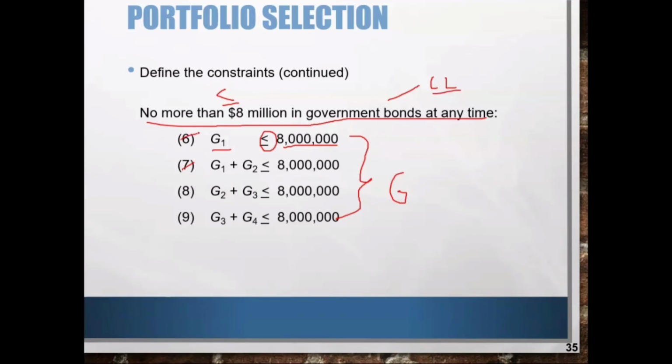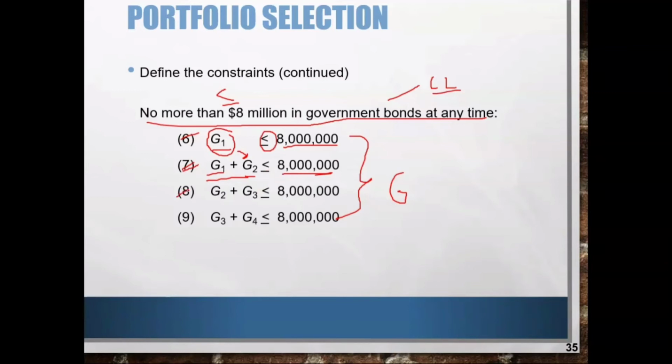So here, constraint number 7: at the end of month 1, the beginning of month 1 plus the beginning of month 2 is less than 8 million. Why are constraint number 6 and constraint number 7 different? Because constraint number 6 is only the first month, and the second month has not happened yet. In constraint number 7, we illustrate that month 1 and month 2 have happened, so it should be less than or equal to 8 million.